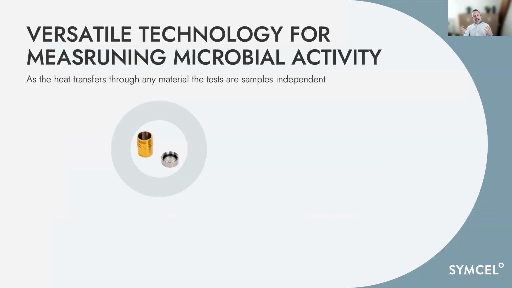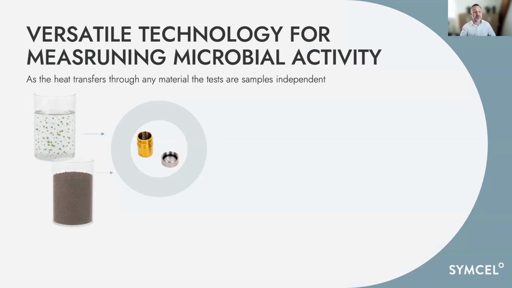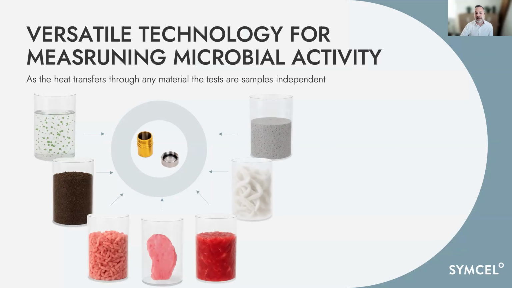So as I said, you're actually able to use this on any material. And the reason why we know that is we have tested a lot of things over the years that might not be in a gnotobiotic or clean room facility, but we have worked with biofilms and soil and minced meat, cancer tumors, biopsies. We have used wound care products and even biocement. And because we are measuring heat, it doesn't really matter where in a sample you are. If there's a viable bacteria, it will be detected. So this also really enables us to work with stuff that is much more complex that you wouldn't be able to work with in